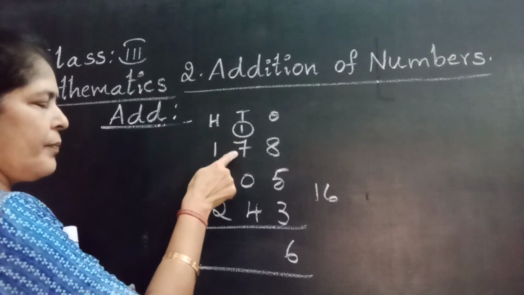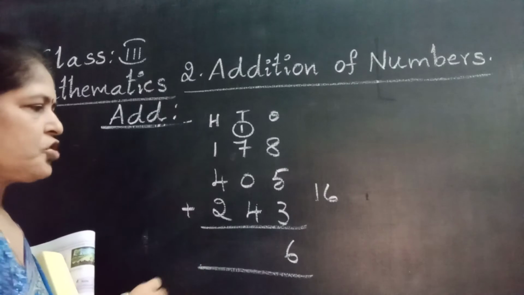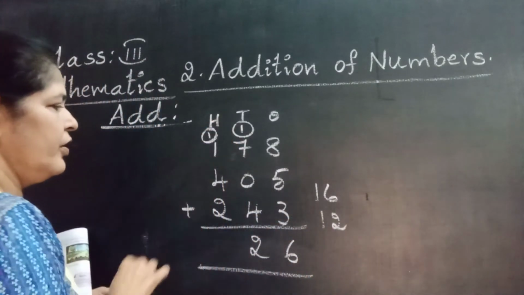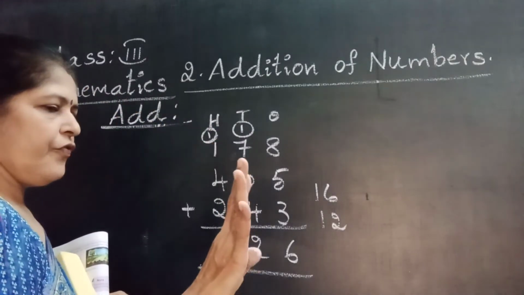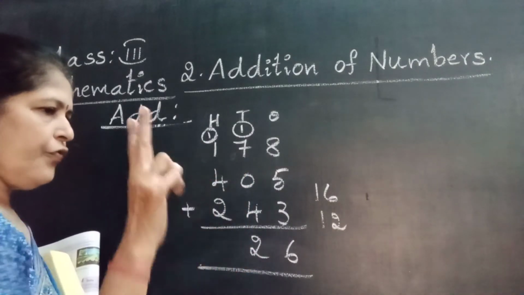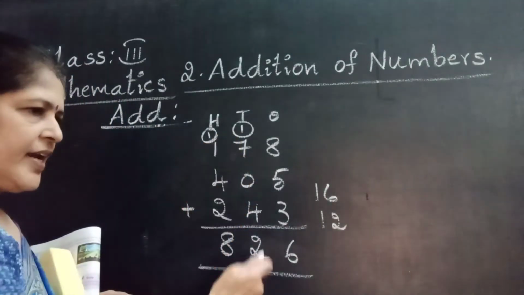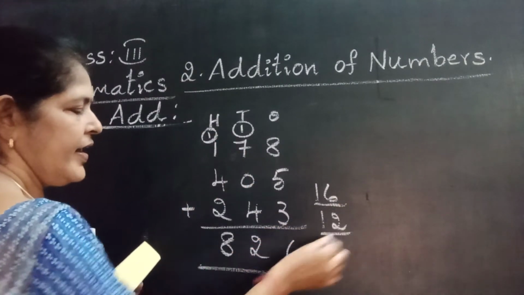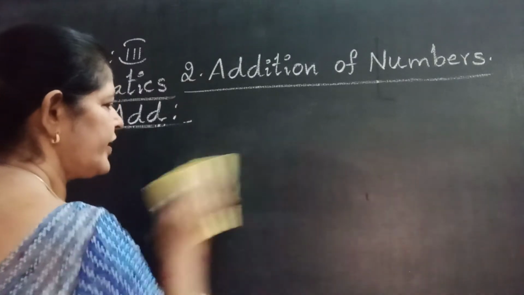Now adding tens. 1 plus 7, 8. 8 plus 4, 8 after 9, 10, 11, 12. Again regrouping. 2 right here, 1 carry forward. Now adding hundreds. 1 plus 1, 2. 2 in the mind, take 4 fingers. 2 after 3, 4, 5, 6. Again take 2 fingers. 6 after 7, 8. 3 lines, 3 digit numbers with regrouping. Regrouping means after adding we get a 2 digit number. Okay.